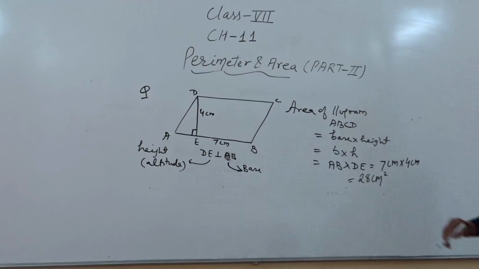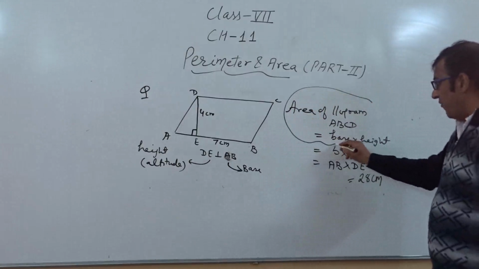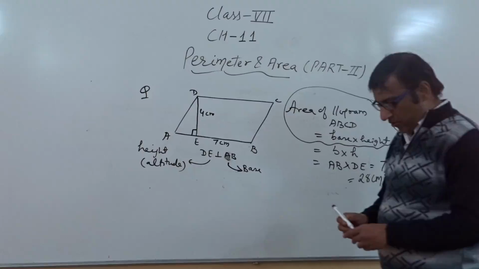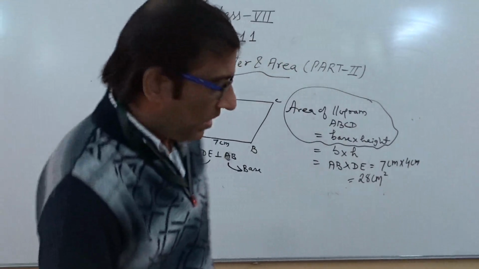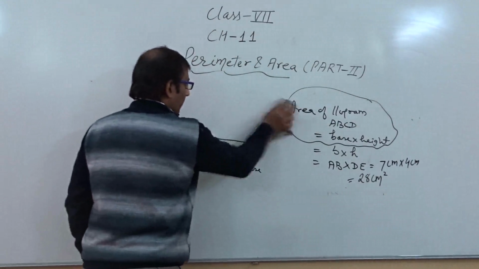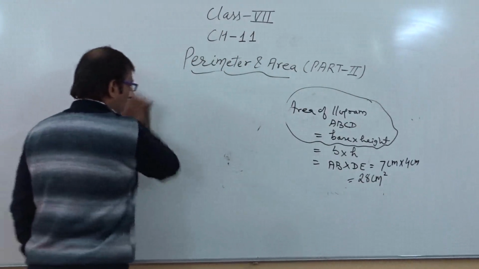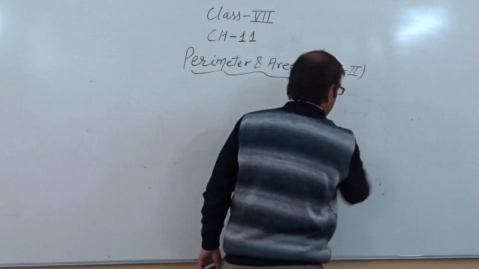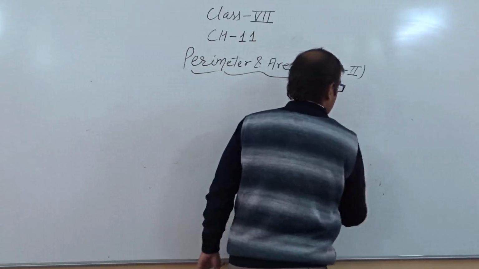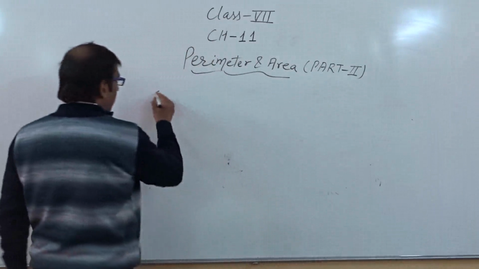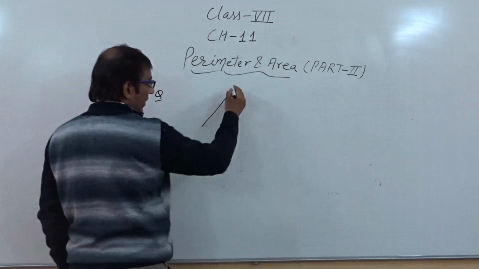square. So with the help of this concept, with the help of the area of parallelogram, we will easily calculate the area of the given diagram. Now I am taking one more question that is related with the triangle concept. When dimensions are given to us, how can we calculate the area of a triangle? For example, the next diagram is a triangle,